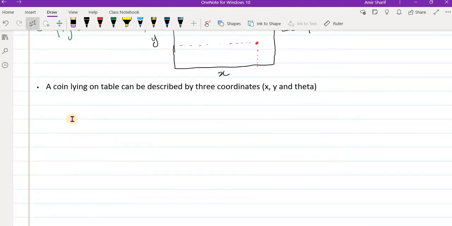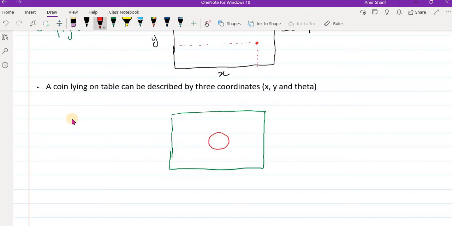Okay, now let's see a third example. A coin lying on a table can be described by three coordinates. Here we have a table, and we have a coin on this table, let's say here. This is a coin, and the green is a table. Now to describe its configuration,